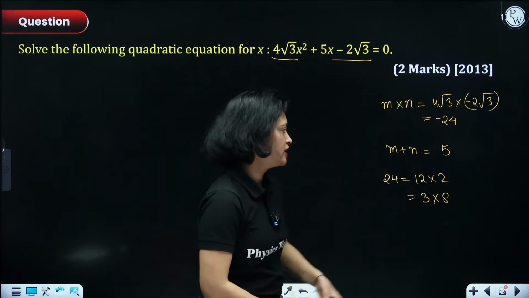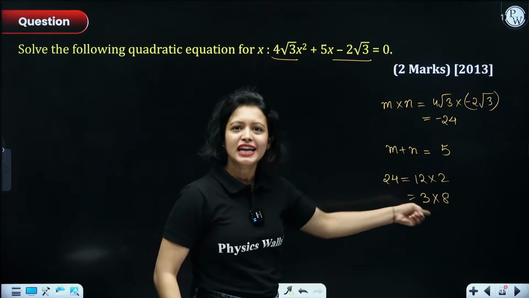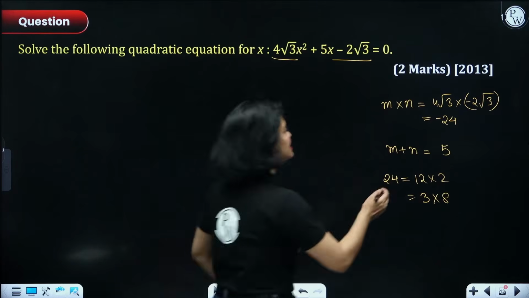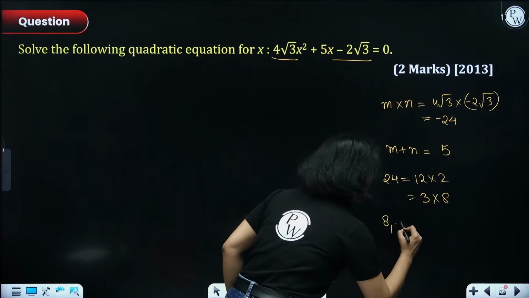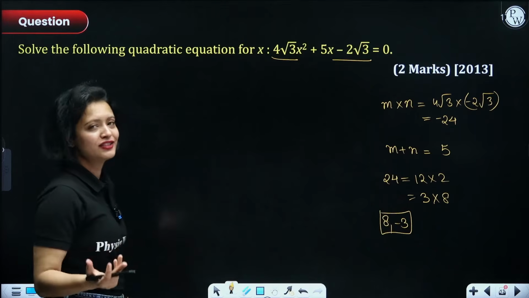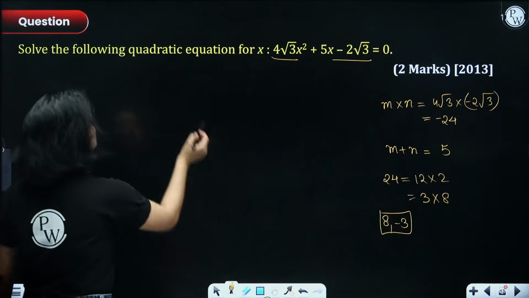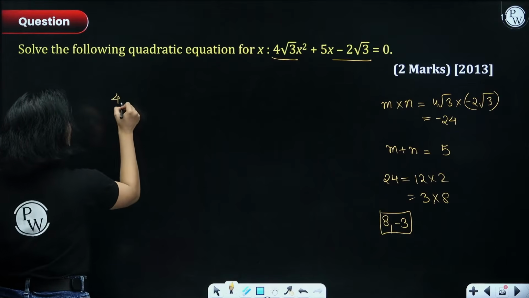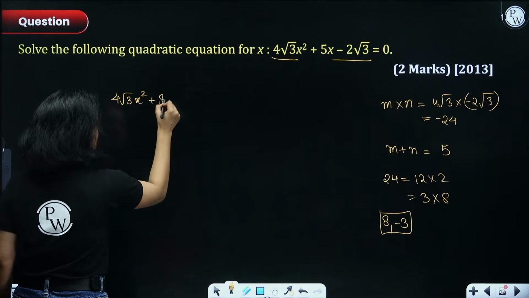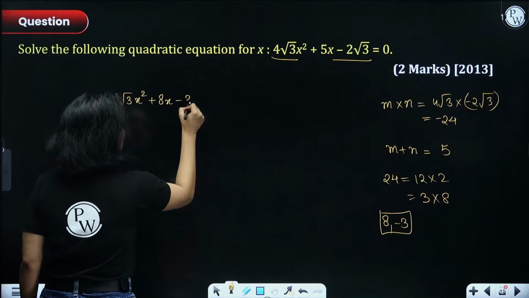Now here your brain should be like, oh my god, wait. 8 minus 3 is 5, right? So I now know the numbers. The numbers are 8 comma negative 3. 8 minus 3 is 5. 8 into negative 3 is negative 24. Okay? Chalo. So now all I need to do, everyone, is break down plus 5x as plus 8x minus 3x